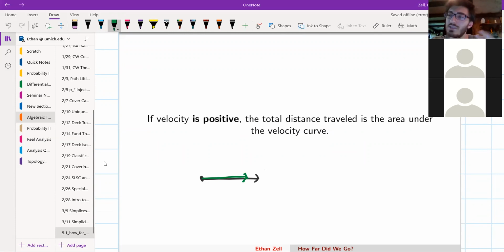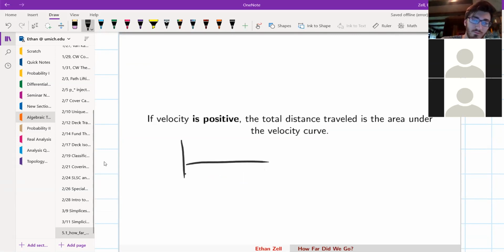That makes sense with what we were saying, right? Because we were saying that how far we went, as long as we're measuring velocity in a correct way, is just that area under the curve. So it fits with our idea. But the difference is, and I think maybe I say this on the next slide, if velocity can be allowed to be negative,